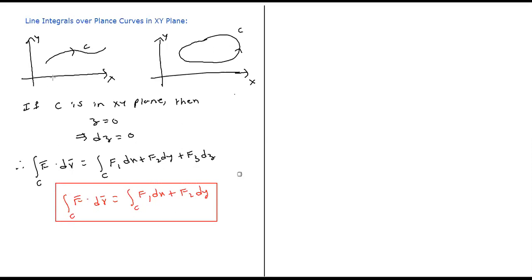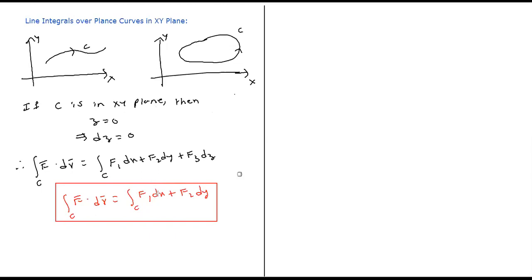It can be an open curve or closed curve. Whatever the curve may be, there is not going to be z. Using this fact, we are going to do several problems. Many problems on line integrals are on plane curves lying on the xy plane. If it is a space curve, we will be using parametric form. If it is a plane curve, we'll try to use Cartesian form.